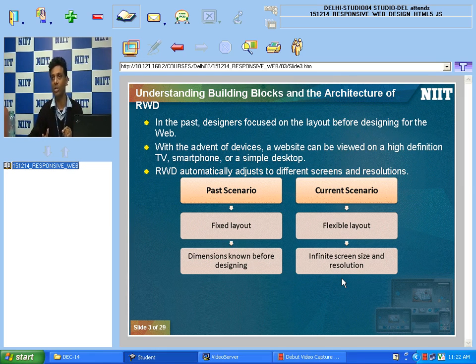It means now the size of that container is not fixed. It is according to the percentage. So this is something we are going to learn in this session, how to make our web page responsive,